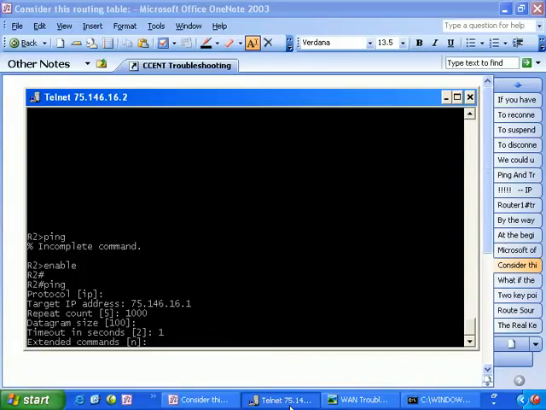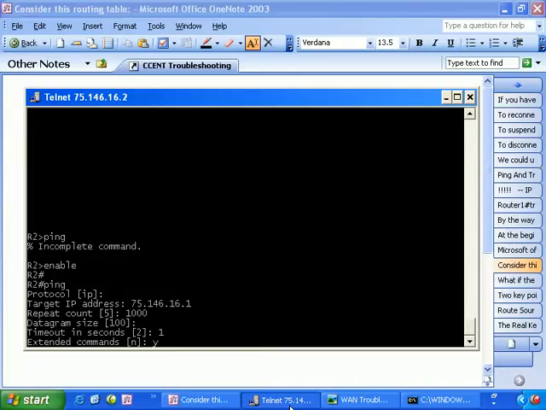Now we get extended commands, and you notice the default answer is N for no. Here's a word of warning for you, and you'll see this with other commands throughout your studies. If a Cisco router asks you a question and the default answer is no, there may be a really good reason for it. What I always do when I see that, I just think one more time, do I really want to do what I'm about to do? Because you don't see no for a prompt that often in Cisco. It's either going to be yes or yes, no. At the very least, as I like to say, you should consider the question carefully. Now there's nothing harmful about the extended commands, and I want to show those to you anyway,